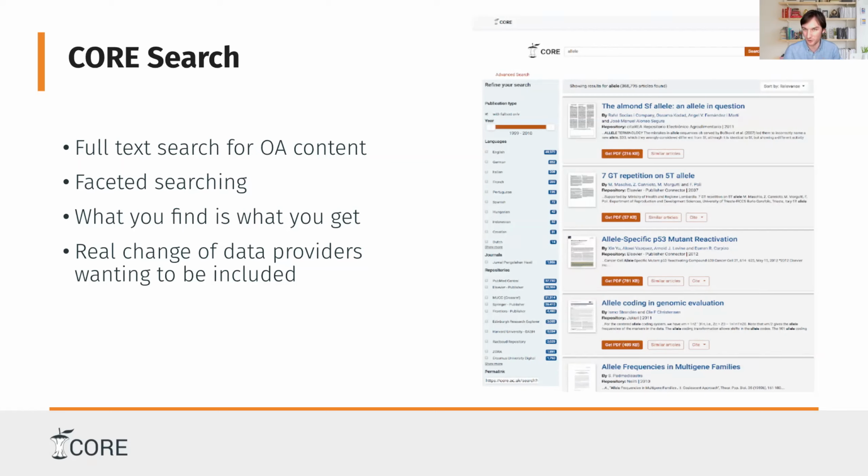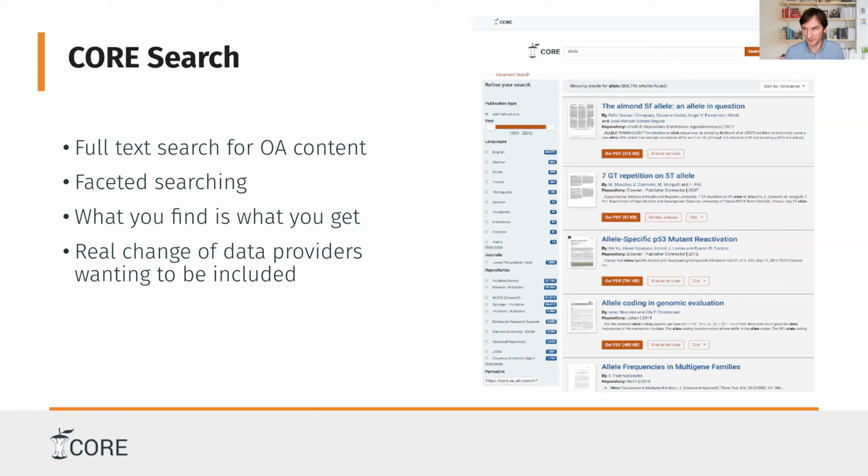So by default, unless you uncheck the checkbox that we've got here, which is "with full text only", you're going to get resources that you can get full text access to without having to have any subscription to any of the publishers. So it focuses on open access content.